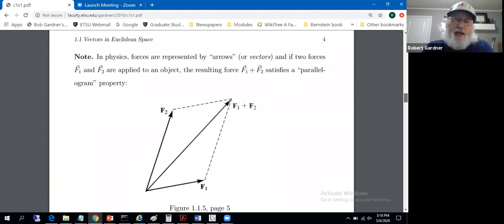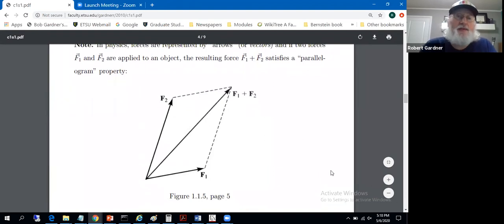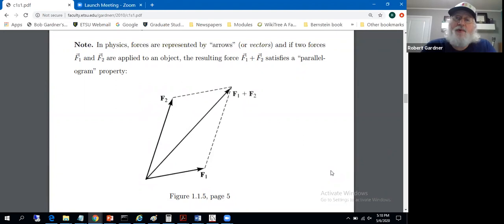Okay, so here comes some of the algebra in linear algebra. Again, motivated by physics concepts. In physics, forces are represented by arrows, better yet vectors, and they throw that term around in physics, maybe without a clean definition of it, but that's our job. If we have 2 forces, say F1 and F2, and these are applied to an object, so imagine a mass sitting at this point here, and we were to hit this object with force F1 and hit it with a force F2, that would be equivalent to hitting it with a single force F1 plus F2, and that sum of those 2 forces will satisfy this